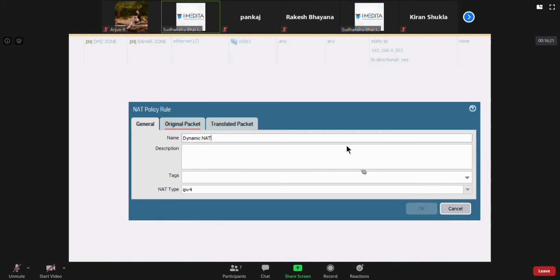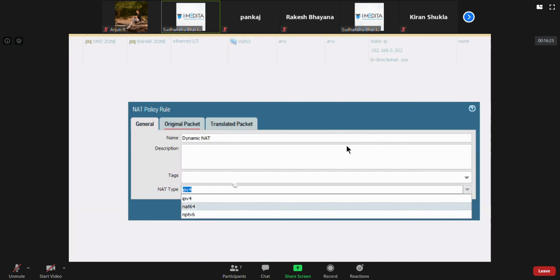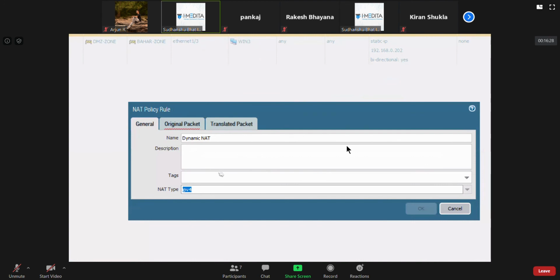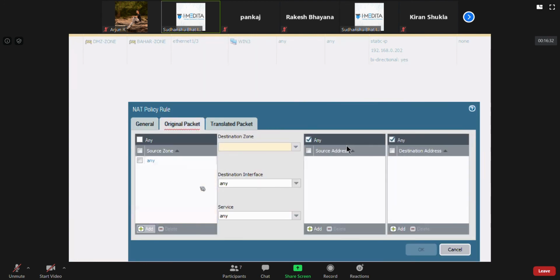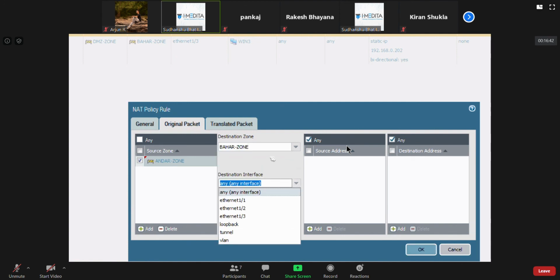Also, if you want to do some of these things, they are also available, but sometimes people don't easily find the option. So, original packet: I'll say if it comes from the source zone, destination zone, destination interface Ethernet 1/3.